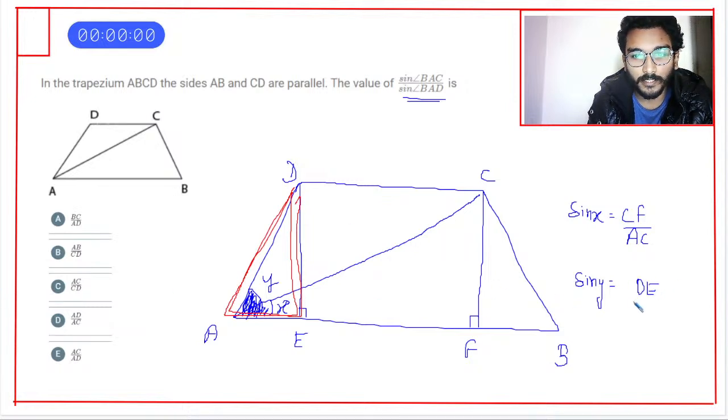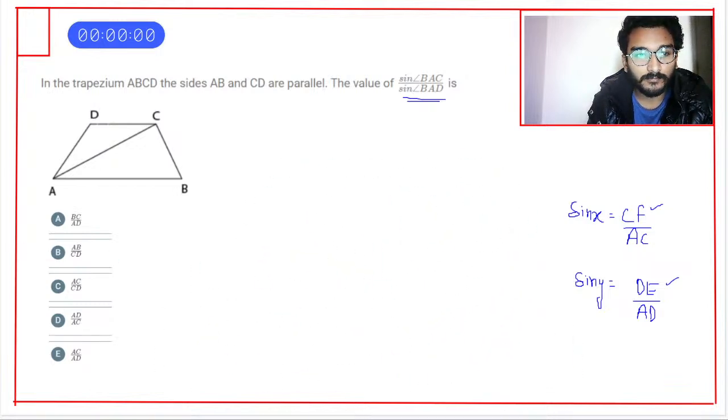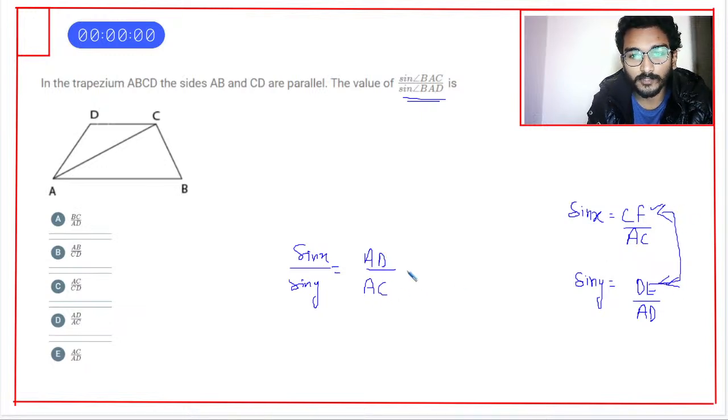DE अपॉन AD. और DE और CF दोनों हाइट हैं, वो तो बराबर होंगे दोनों. तो इन दोनों को जब आप डिवाइड करोगे, so when you divide these two things, what will you get? You will only get sin x upon sin y करना है आपको. So when you divide these two cases, it is AD over AC. सी एफ और डी ई तो कट जाएगा क्योंकि बराबर है, सो दैट्स आवर आंसर, डी ऑप्शन।